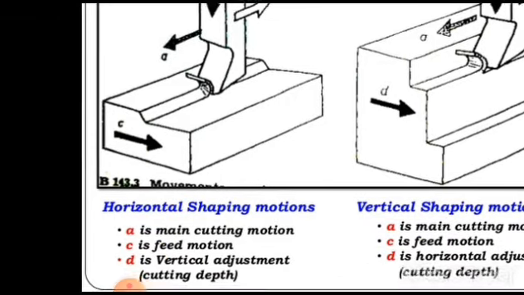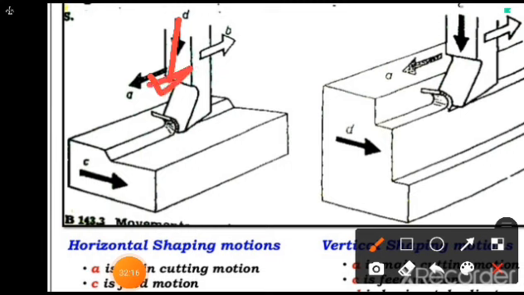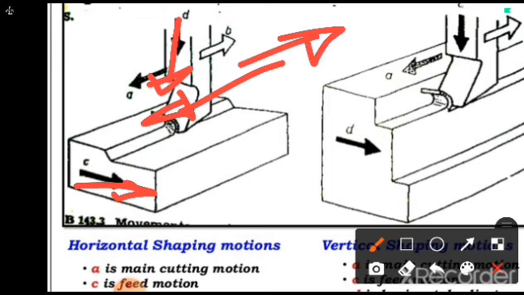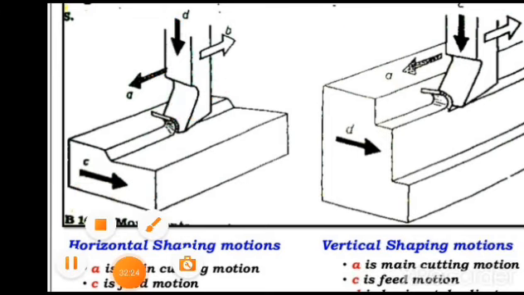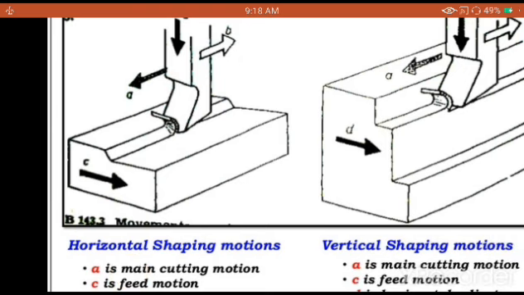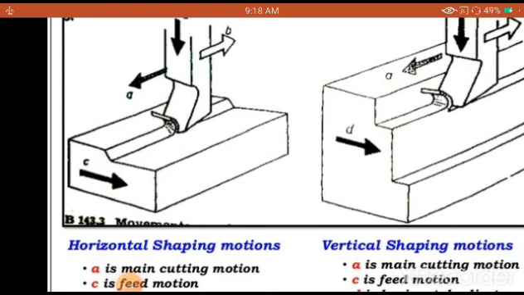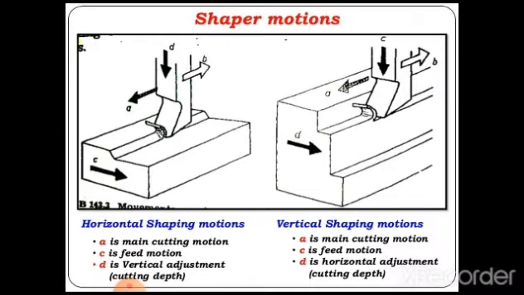How the cutting depth is given? The cutting depth is given like this. The feed is given like this, the cutting stroke is like this, return stroke is like this. That is why the cutting stroke has been shown with the dark and the return stroke with the light one, which returns. Okay, and the cutting of the surface is being carried out in the form of chips as usual. This is the working principle. This is as good as a working principle you can consider.